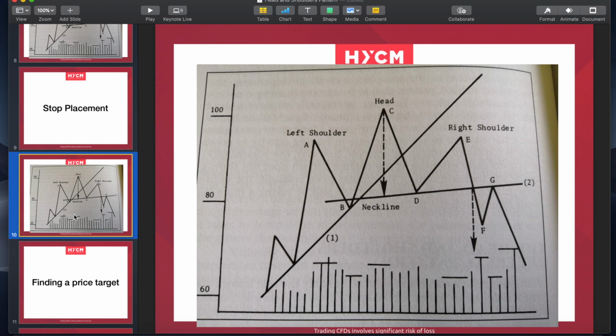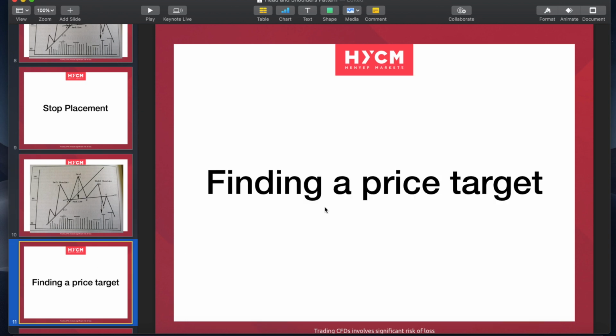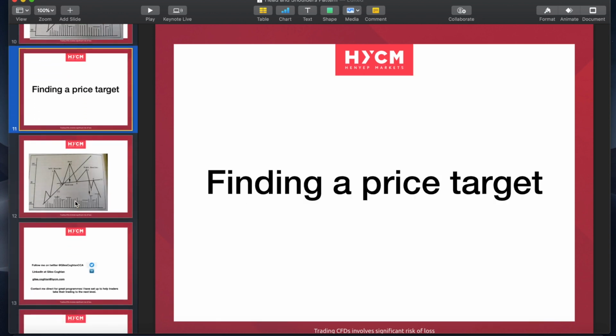Now, the price target technically is the distance from the head to the neckline extended out once again from the neckline back down. So that should be your minimum price target with a head and shoulders pattern. You're looking from the head to the neckline, and then from the neckline down the same distance as the head and neckline was. So you can see here those two dotted arrows are approximately the same length. So the height of the pattern is also the target for the pattern, and that's how you find that price